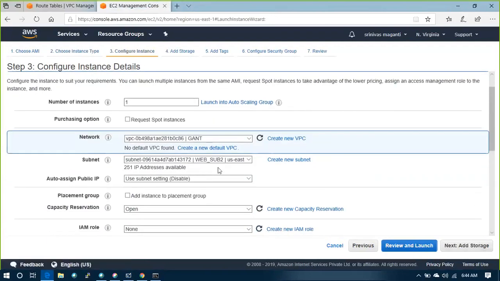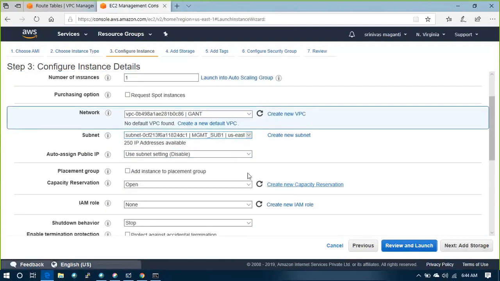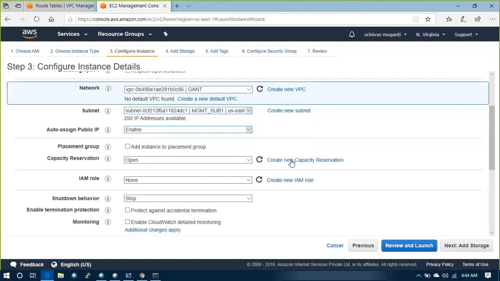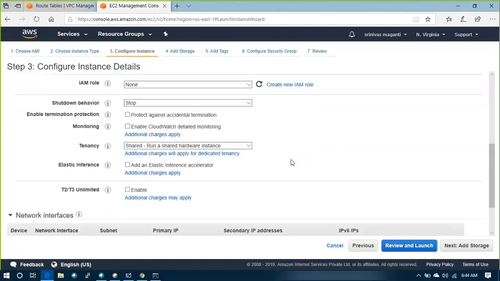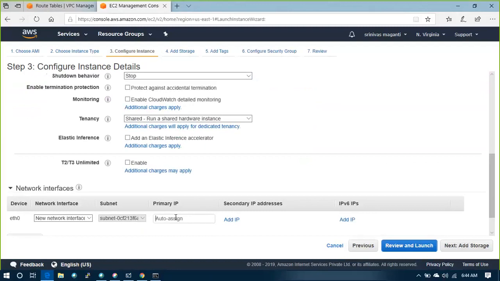So here what I will do, I will select management subnet, and network interface.